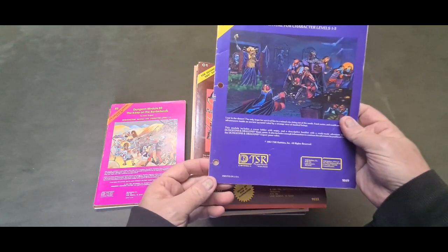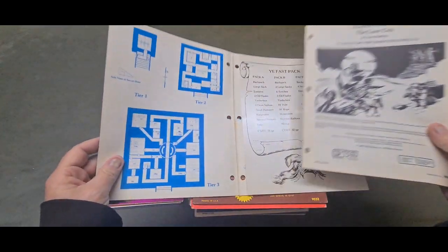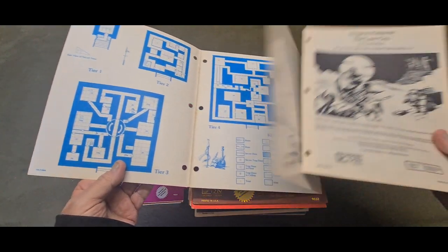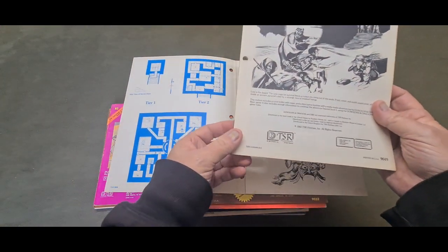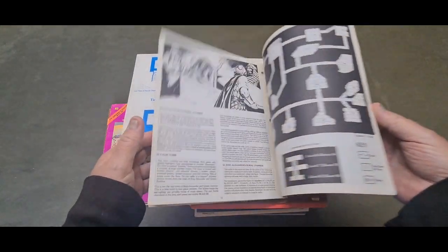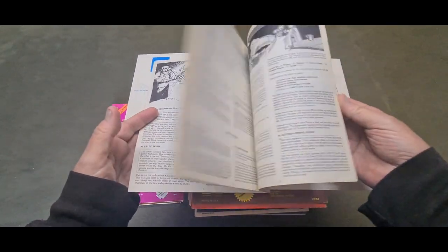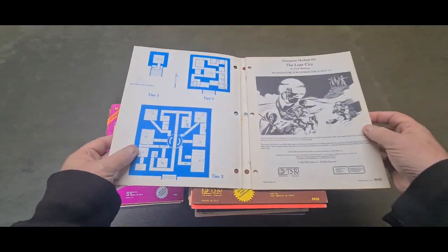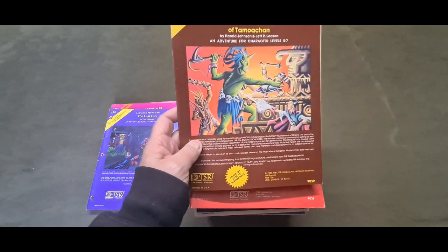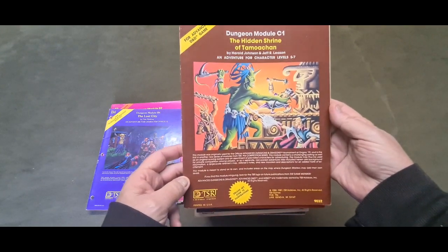B4, they decided to go for ringlets, obviously they were going for, look, you can stick all your stuff in a ring binder and keep it all together. Which thankfully I don't think they pursued for too long. I don't like things in ring binders because it destroys many of the materials. I do love the artwork, and so that was B4. Then the old Hidden Shrine of Tamoachan. I'm not sure if that's how it's pronounced, but